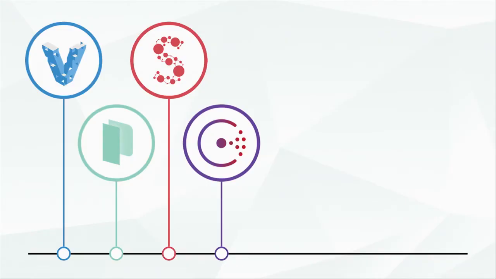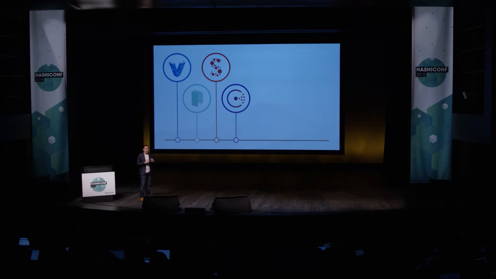So then we released Serf and Consul, and Serf in particular is where things started to get weird for people. When we released Serf, people were excited about it in a way that was interesting, but we also got a lot of confusion, which is like, why are you even doing this? This doesn't have anything to do with Vagrant. And we even started to get people at this point asking us, like, are you just throwing darts at a wall and hoping one of them sticks? And it's funny because we didn't want to give away everything that was coming down the path, but at the same time, that wasn't true at all.